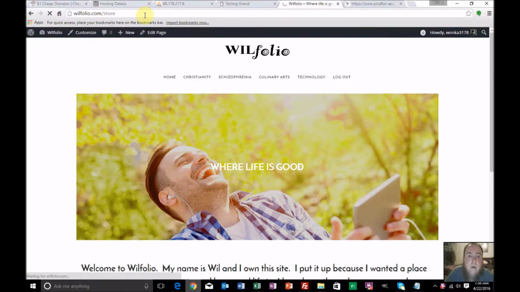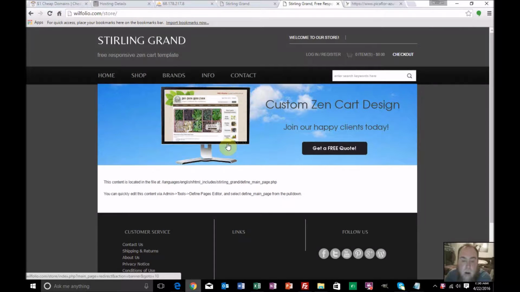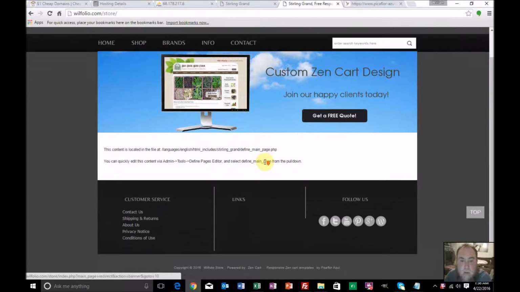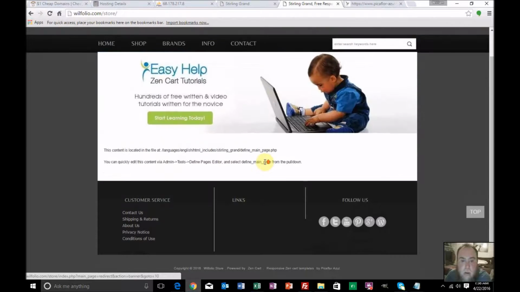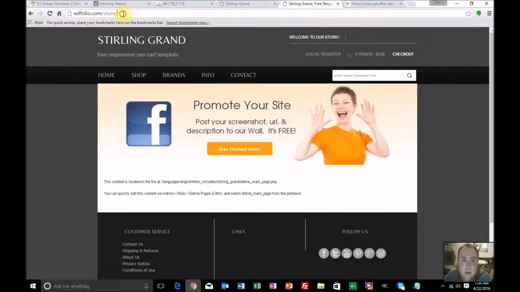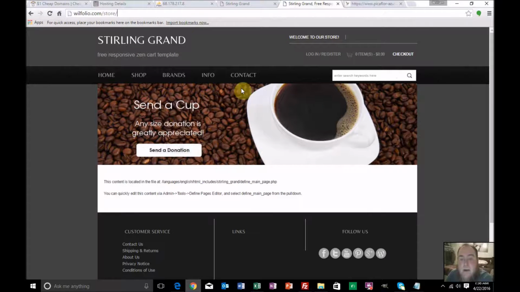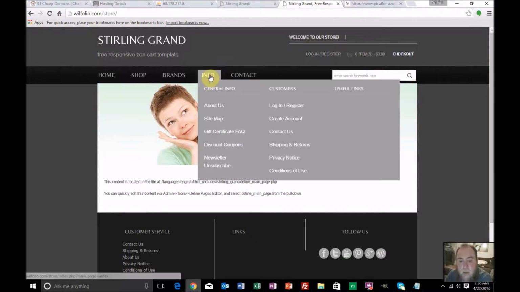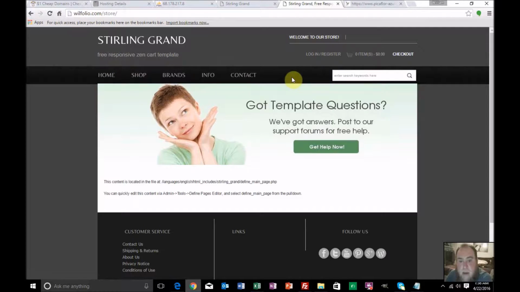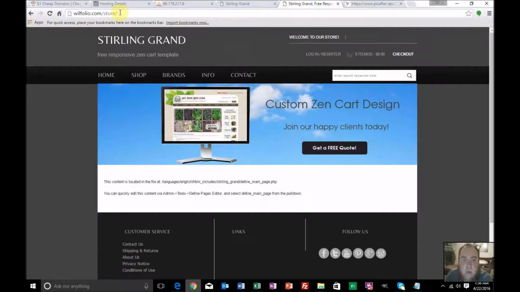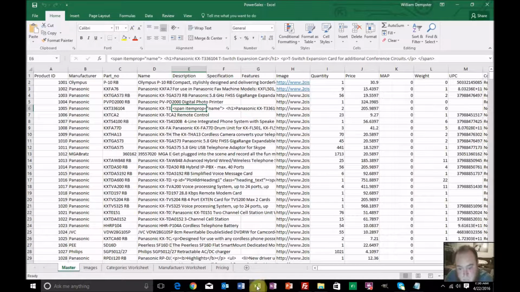willfolio.com/store. There's no products in the store, but what I really want to do is integrate the store into the blog so that you wouldn't have to come to this part of it, although people might find this on the web. So I wanted to make it look nice, and I'll probably spend some time making it look nice and make some videos doing it. But right now I'm going to show you how to populate